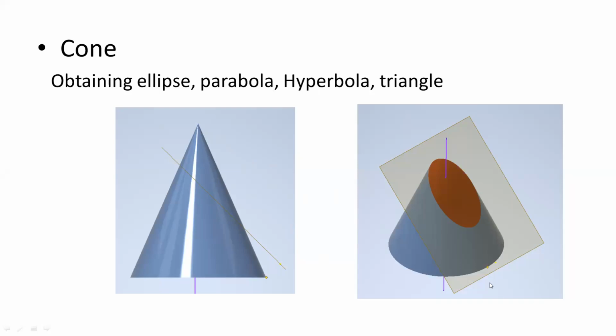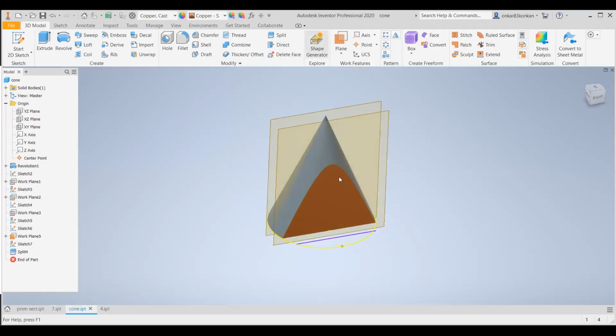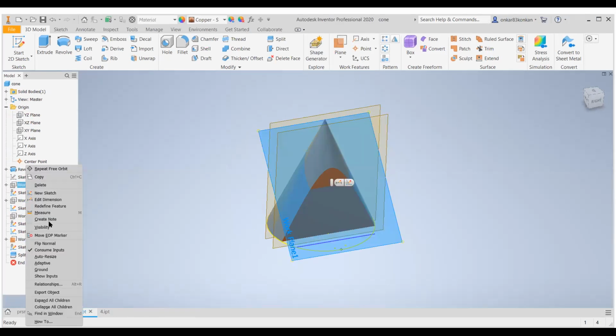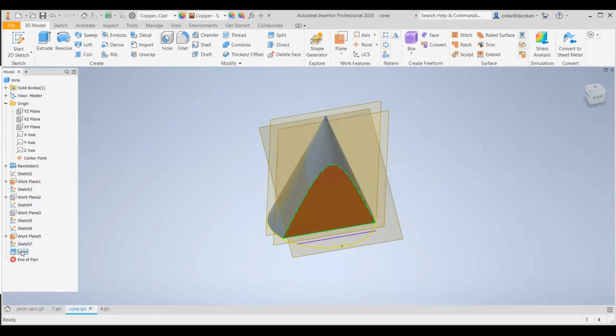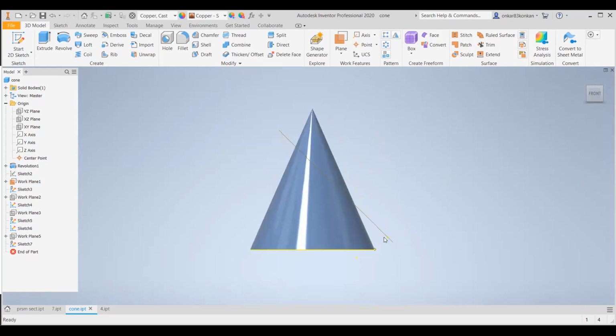You can observe here in 3 dimension. This is the section plane to obtain the true shape as an ellipse.